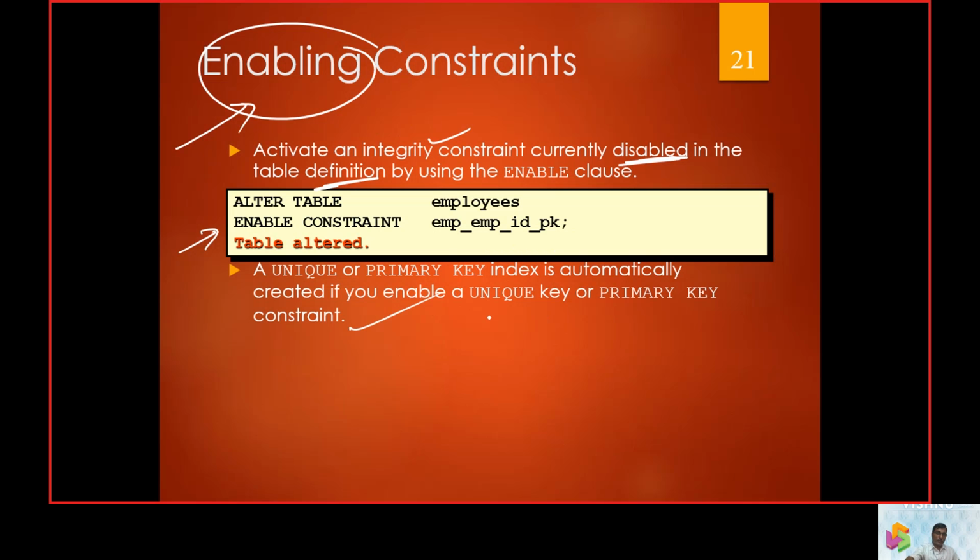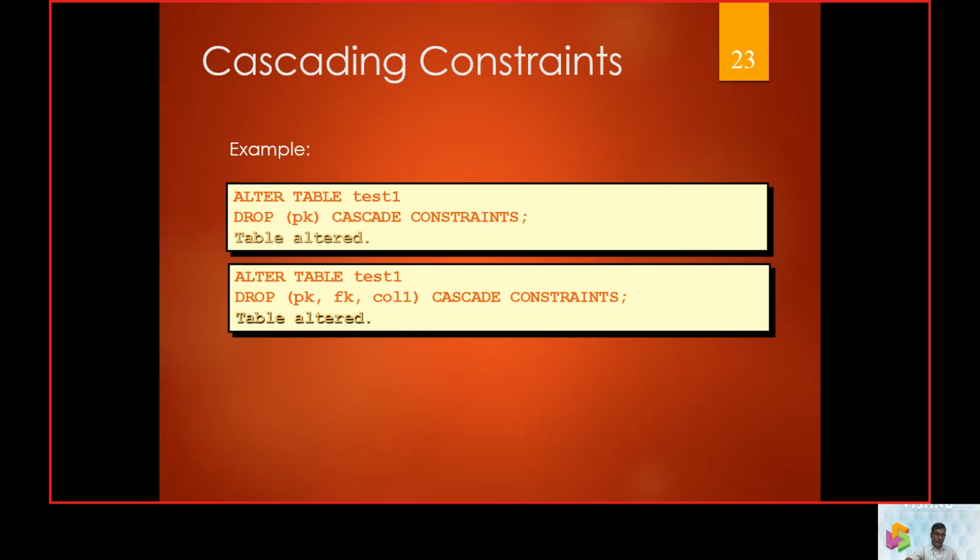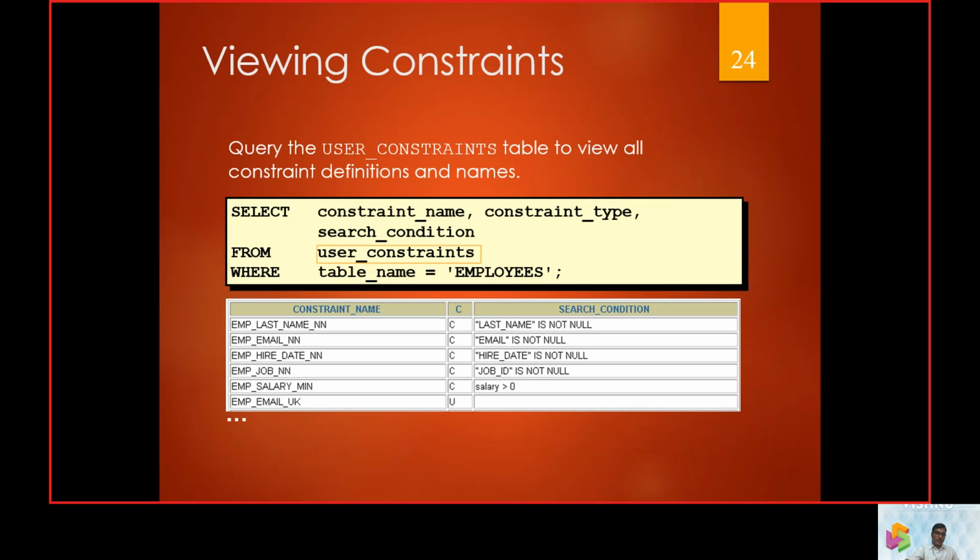So that is how we are going to work with the enabling of constraints. At one point of time we have added a constraint, and then we need to remove it. Then we will see the concept of cascading of a constraint. So we have added some constraint, we have modified that constraint. Now we should understand whether the constraint was existing or not.